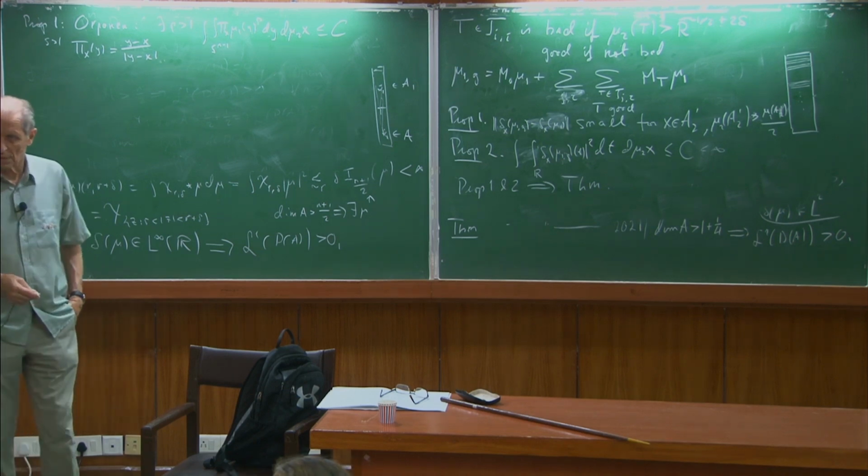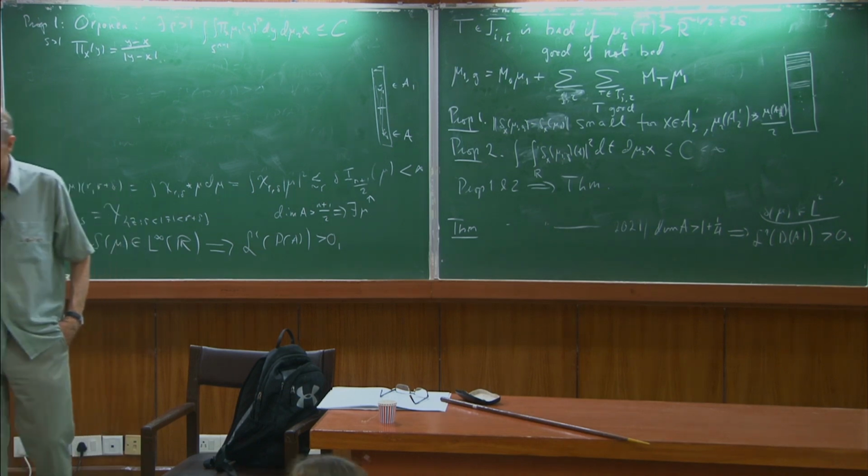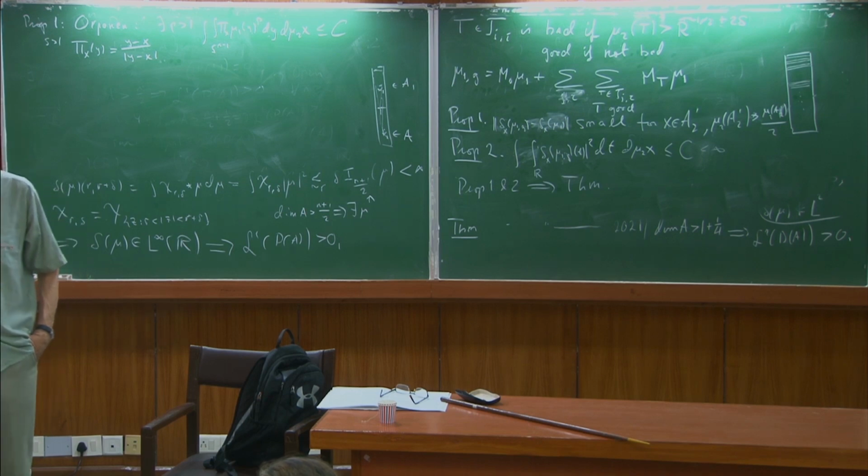Sorry? Is there a way to intuitively see why you have to decompose the measure into two parts? Like here you are choosing good tubes depending on how much mu2 is there. Yeah. However, after that you are decomposing the mu1. Yeah. Right. So is there sort of an easy way to understand why you